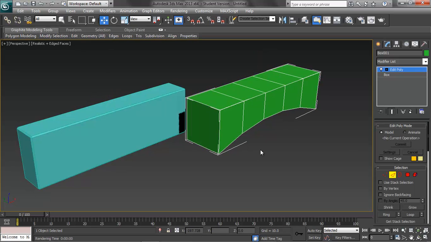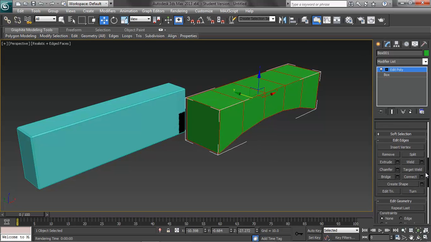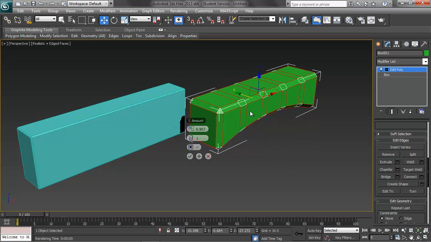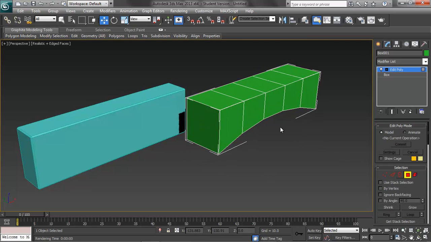Now if I get out of this edit poly mode, and I go back to this object, and I do Control A, and select all the edges, now I have an issue. And it'll be more obvious when I do the chamfer. You'll see all of a sudden I'm adding geometry all over the place. So in order to get something to do the similar effect here, you have to actually select all the faces